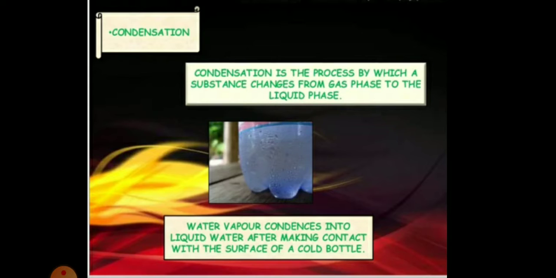When the vapors of a liquid or the steam come in contact with a cool surface, they condense and go back to their original liquid state. This process of conversion of water vapor into its liquid form is called condensation. So children, you know, when the water vapor from a glass of hot water comes in contact with the cold surface of a plate, what happens? It condenses into water droplets, and these can be seen on the inner side of the plate, as you see in the picture.